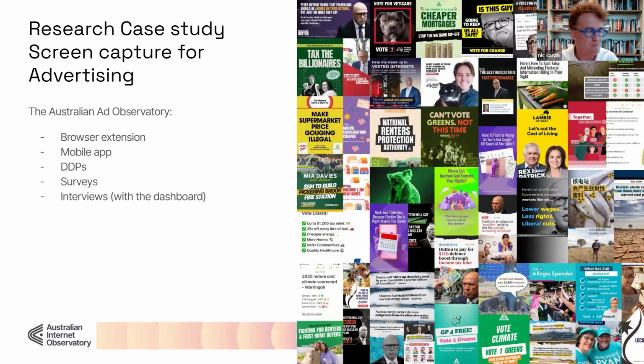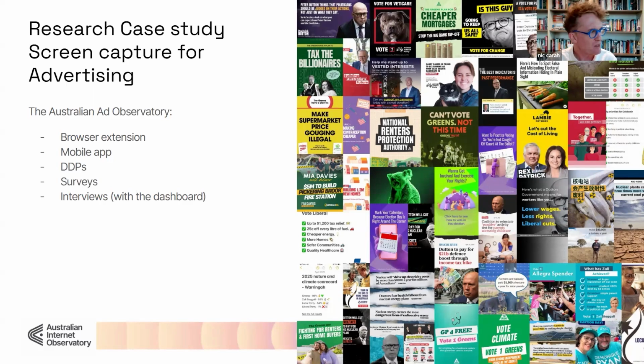And so I think that maybe to finish up this case study, to say that in my sense, the kinds of tools and approaches we're developing at the AIO enable, I think, HAS researchers to do research about digital platforms at a kind of macro scale that's been relatively inaccessible to many researchers in the field. But I also think these tools enable us to continue those very important and rich modes in humanities and social science research of doing very situated work with people in their everyday lives and experiences. In this case, say, being able to do interviews that are really underpinned by the richness of the data that they're able to extract from platforms, and enable you to really explore that together.